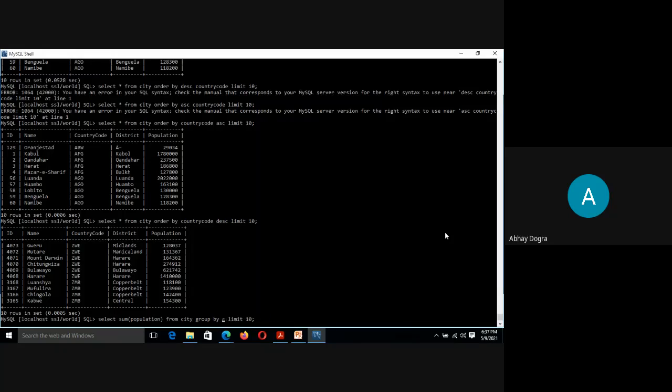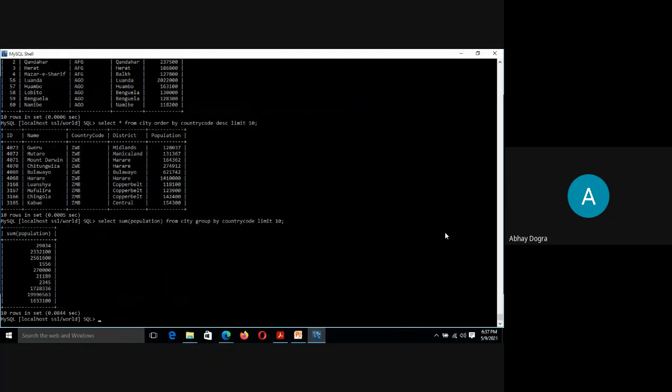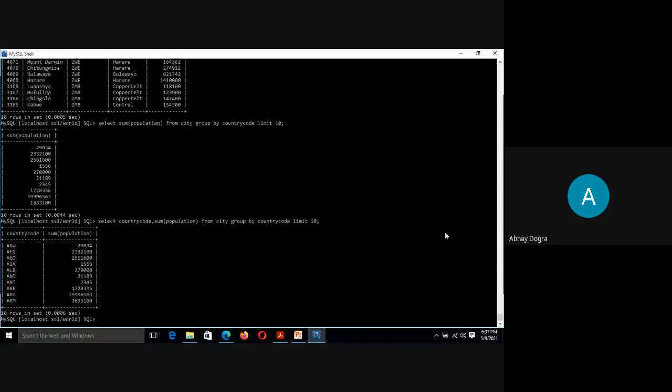Okay, should have left it there. Right. Country code. Try this, yeah. Okay. Wait a minute. One more thing I'll put here. Now see this. Although I used a limit here, so that's why it is only showing country code, 10 country codes. Now, what do you see?